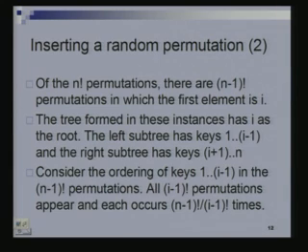right. In particular, each permutation of 1 through I minus 1 would occur how many times? Right. There are n minus 1 factorial permutations in all, and there are I minus 1 factorial permutations of the elements 1 through I minus 1. And there is no reason why one of these permutations will occur more often than the other permutation. So, each of them is occurring equally likely. So, how many times is each one of them occurring? N minus 1 factorial over I minus 1 factorial times.